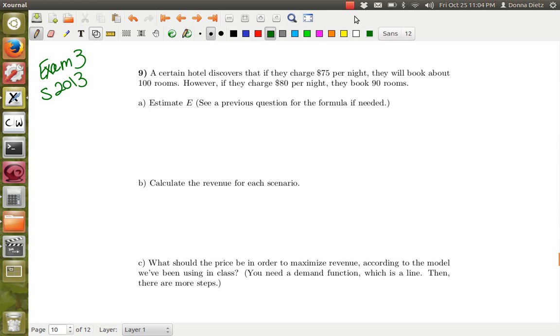A certain hotel discovers that if they charge $75 a night, they will book about 100 rooms. However, if they charge $80 a night, they book 90 rooms. Okay, so actually question B is the easiest. In this case,